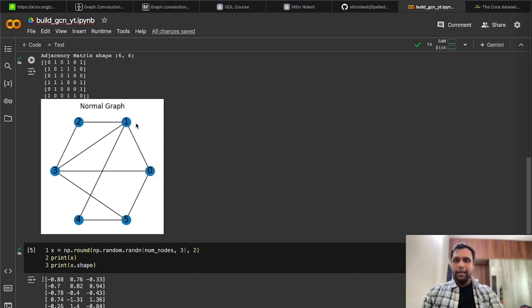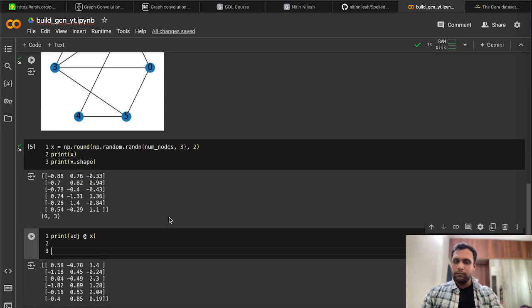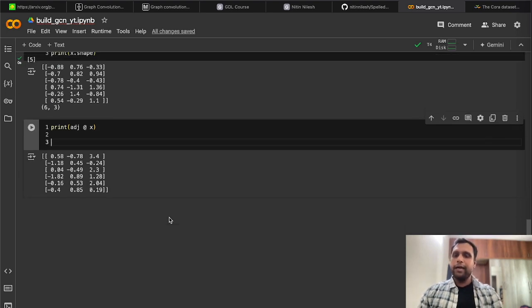So basically node 1 has some message, node 3 has some message, node 5 has some message, and we are aggregating these messages and passing them to update the feature vector for node 0, right? But okay, let's understand how this is happening. So what I'm going to do is